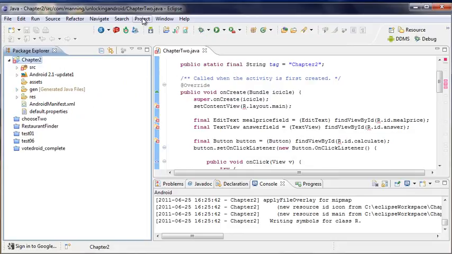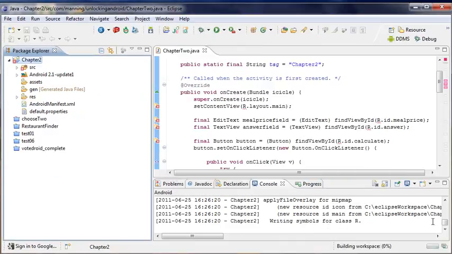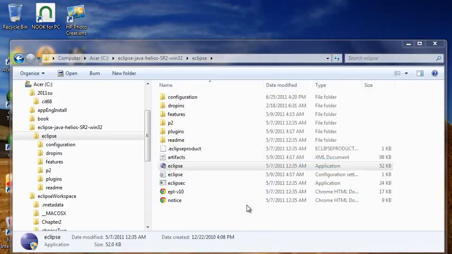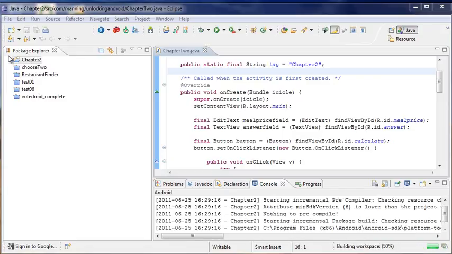And if project clean doesn't remove everything, you may need to just restart Eclipse. So I'll go ahead, close Eclipse and restart it, and that project will work as long as you have the Android platform properties set. Okay, and sure enough, the only thing I did was restart Eclipse. So don't give up on this stuff. Yeah, I know it's really frustrating when you see all the red, but